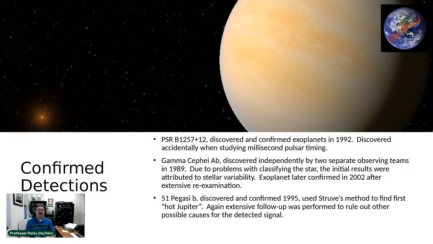But the first one, the one we confirmed, and what I mean by confirmed is that the first scientist looked at it and said, hey, this looks like a planet. And someone else looked at it and said, hey, I agree, this looks like a planet, was somewhere that we did not expect at all, which was just fantastic. We saw planets the size of the Earth down to the size of comets, not really planets, but comets, around a pulsar. A pulsar is